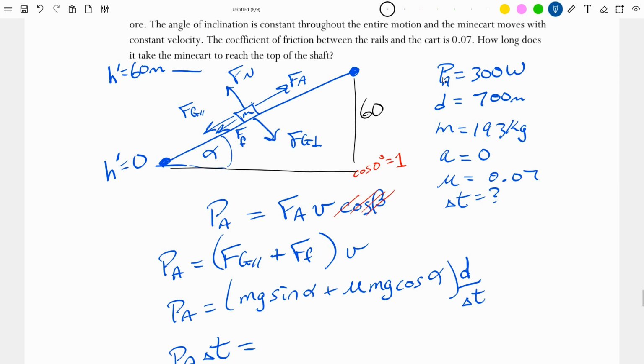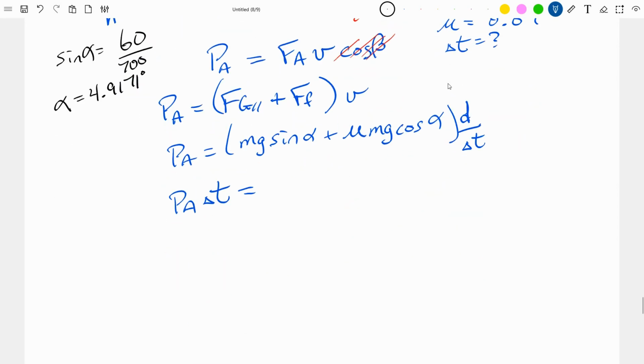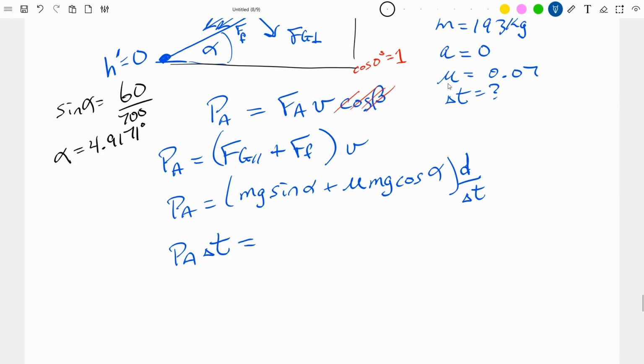So a little calculation here on the side. The sine of alpha is equal to opposite over hypotenuse. That hypotenuse is the full 700 meters. So alpha is equal to the inverse sine of that. Let me just type that in. Inverse sine of 60 over 700. It's a very gentle angle by comparison, 4.9171 degrees. Now, just to continue where I left off here, this is equal to